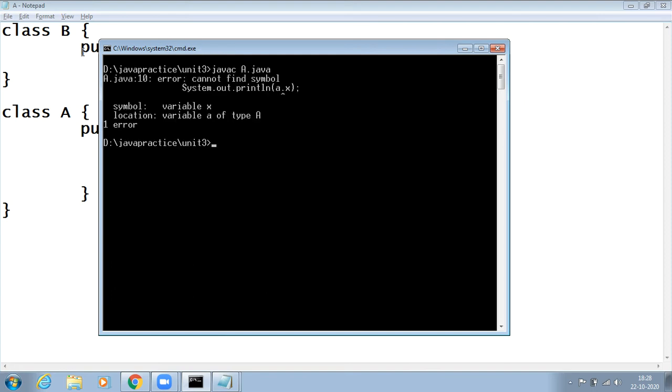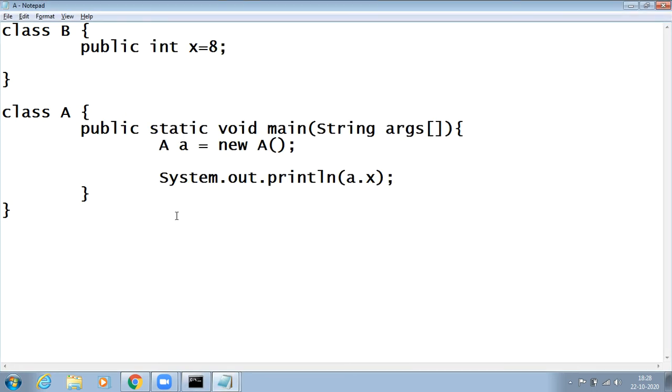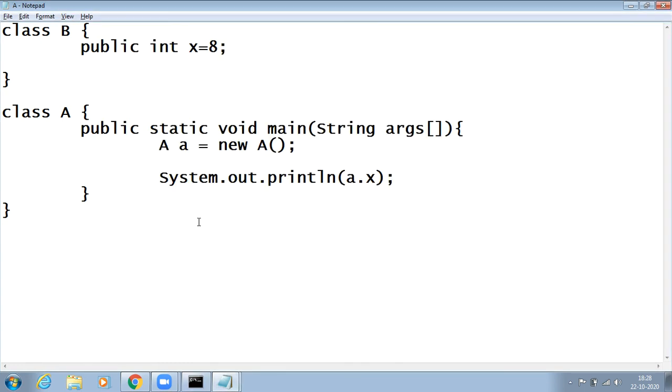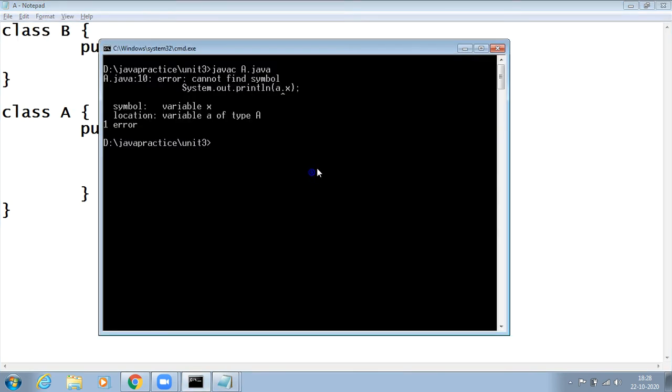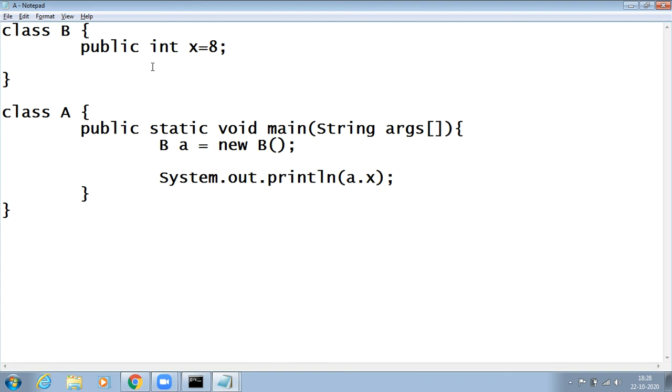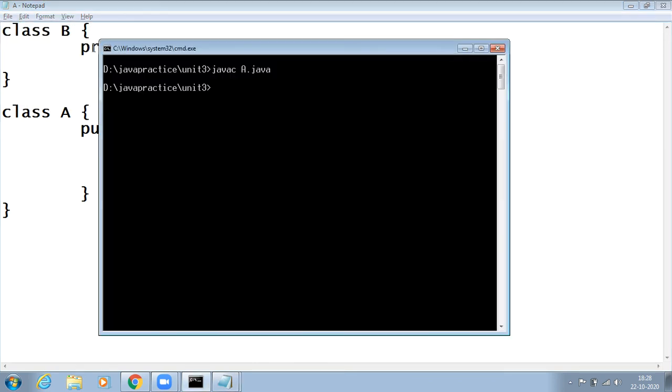See, the error is something which is different, I think. Oh, sorry, I just need to change something, not A here. I'm very sorry, I should say B. Okay, a typing mistake, and we just try to change this again to private and look whether it can be accessed or not.